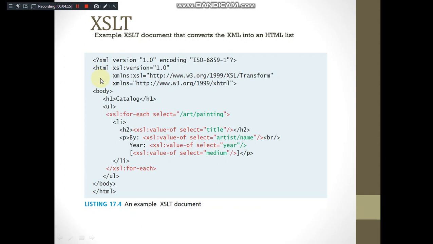Then we are converting it into an HTML document, right? So it starts with the HTML, the XSL version is written, and this is the URL from where it's reading the rules or specifications defined by the w3.org site, and this is the namespace being used. Then we have a body tag. H1 is just a catalog containing the list of the items. So you are displaying a catalog in a heading form, and you have an unordered list that you have specified through the UL tag, and there may be